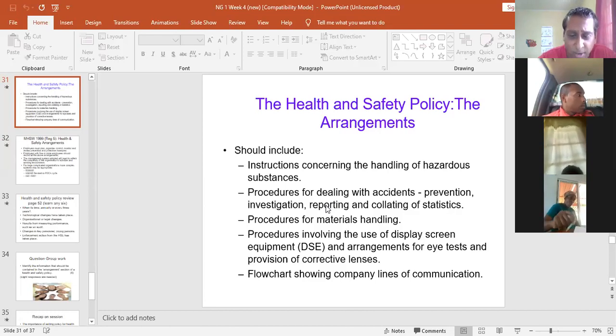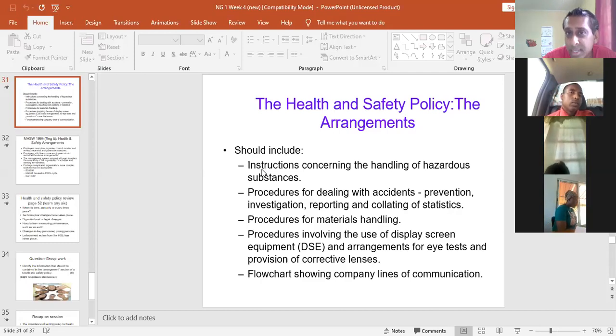So like I said, all you have to do is find the table of contents and find the chapter on policy. And you would see the green book has about 20 different procedures. It's written just as it's short, in point form. You know, procedures to deal with accidents, procedures of material handling. But other than cramming, if you could just try to understand it, like if you understand the arrangement section, it's just all about the different policies in the company.